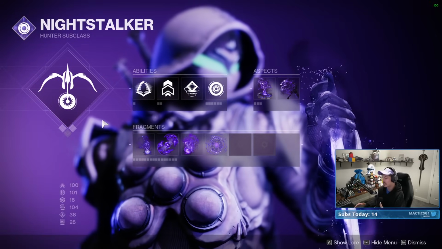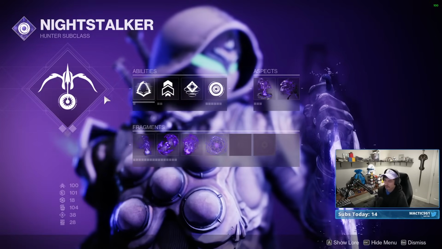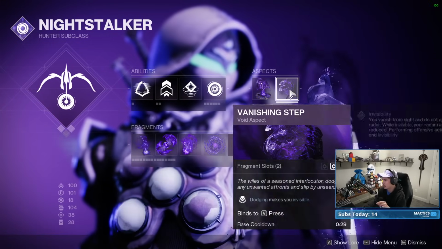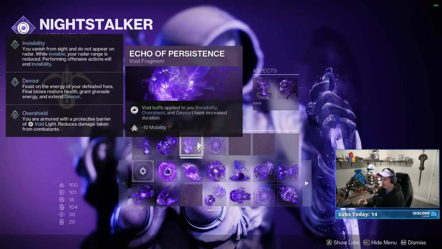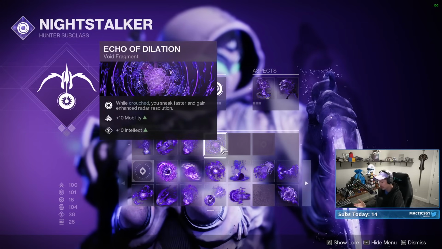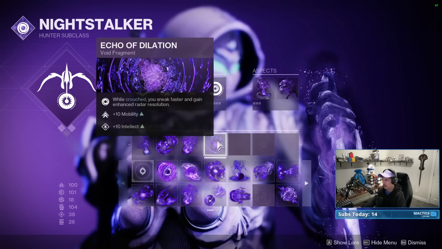So we're going with my standard Omnioculus setup as far as what I'm showing you guys for this. Shadow Shot Deadfall, Gambler's Dodge, Vortex Grenade, Trapper's Ambush, Vanishing Step, and then our Echo of Starvation so we can obtain our Devour, and then our Persistence so we have longer Devour and Invisibility. I've got Obscurity as well, and then I've got Dilation just for the stat bonuses. You can run whatever you want in these 2 slots if you think there's something better than Obscurity or Dilation